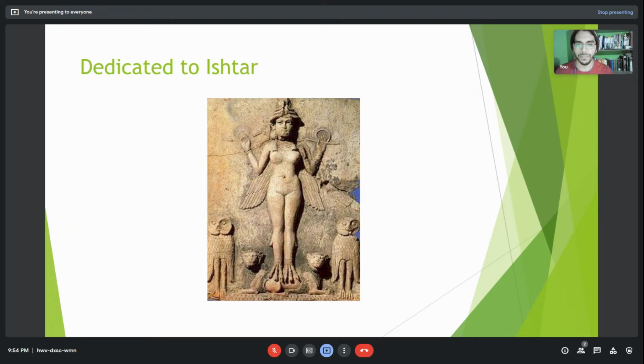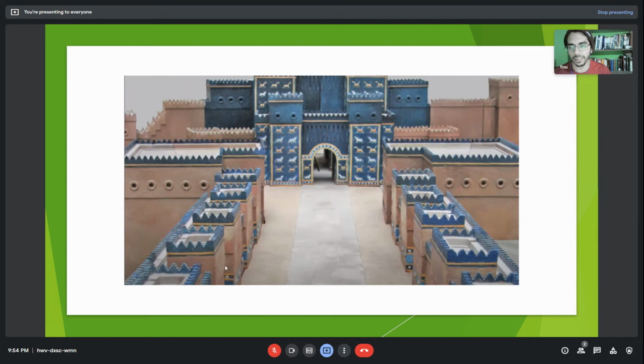Okay, so another figure that was pretty important for this gate was the lions. As you can see here, the lions were not just in the gate as it is. It was on the street that runs up the gate, as you can see here, and over here were the lions. In a moment, we will see a picture more closer. So these figures of lions